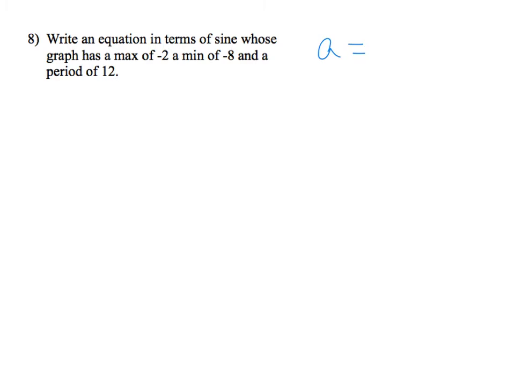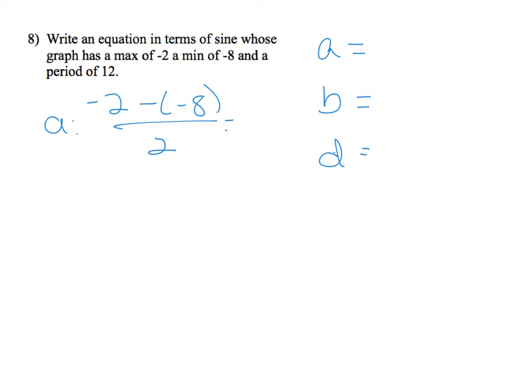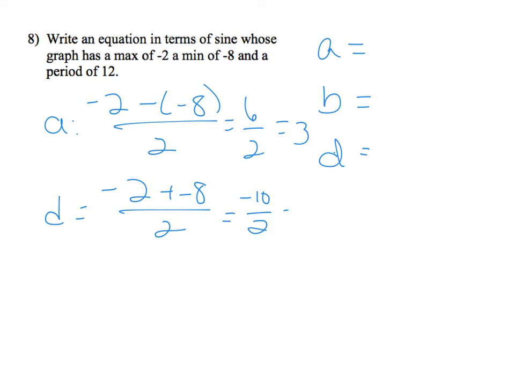Good. Last one here for this one. Same thing though. So if you can find the max, the min, and the period, you can write an equation. Okay, so just remember that. Max minus the min divided by 2. So that is 6 over 2, or 3. D, max plus min over 2, so that's negative 10 over 2, or negative 5. And then the b,